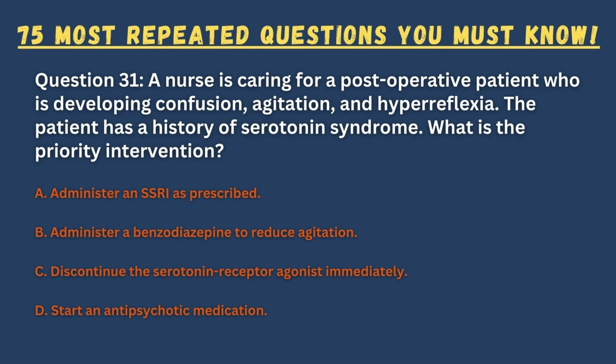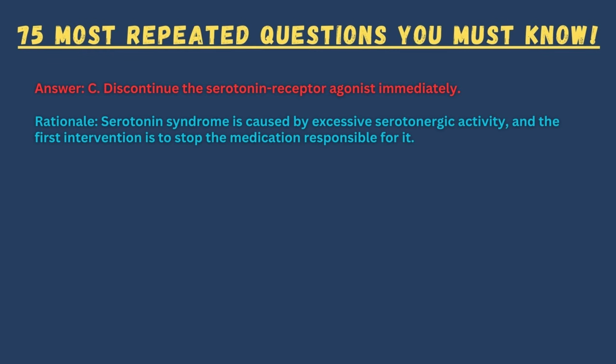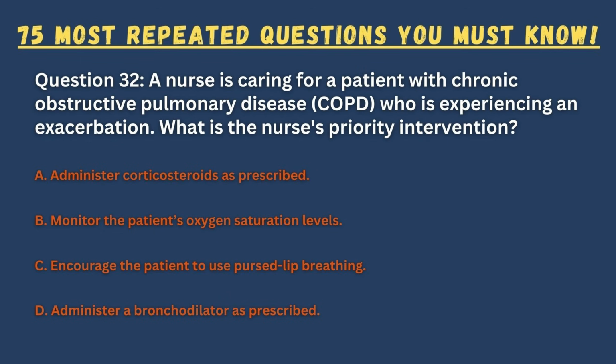A. Administer an SSRI as prescribed. B. Administer a benzodiazepine to reduce agitation. C. Discontinue the serotonin receptor agonist immediately. D. Start an antipsychotic medication. Answer: C. Discontinue the serotonin receptor agonist immediately. Rationale: serotonin syndrome is caused by excessive serotonergic activity, and the first intervention is to stop the medication responsible for it. Question 32. A nurse is caring for a patient with chronic obstructive pulmonary disease, COPD, who is experiencing an